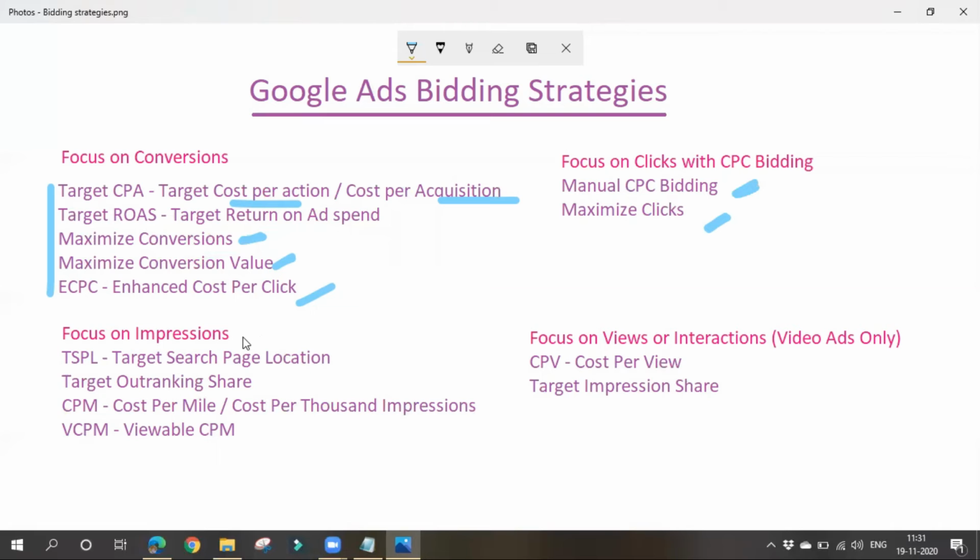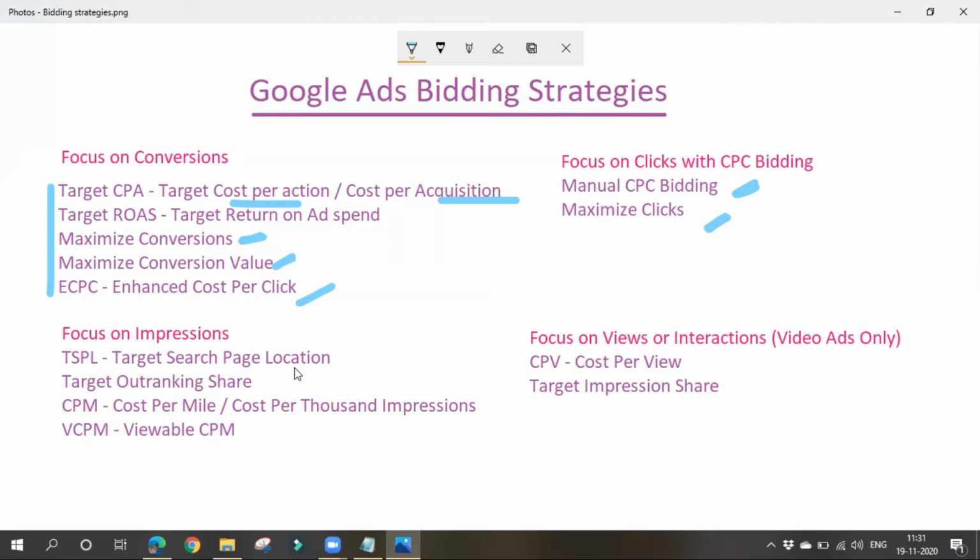Next one is focus on impressions. Impressions means display of ads on websites or other platforms. First one is TSPL, target search page location. In this bidding strategy, Google will automatically adjust our bids to always show our ads either on the first page of search results or at the top of the page.